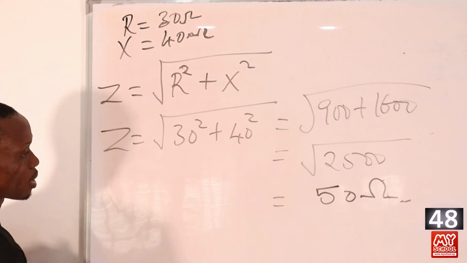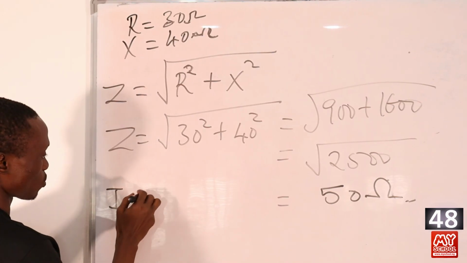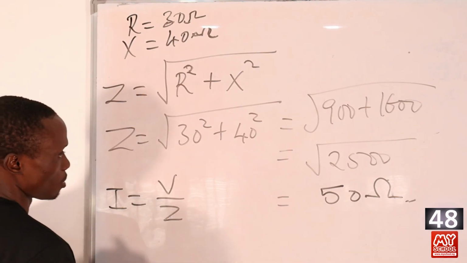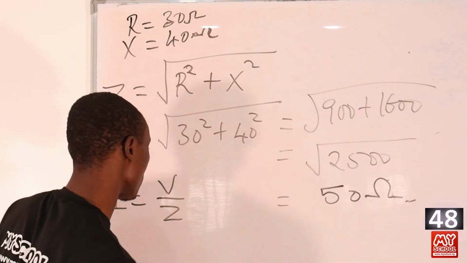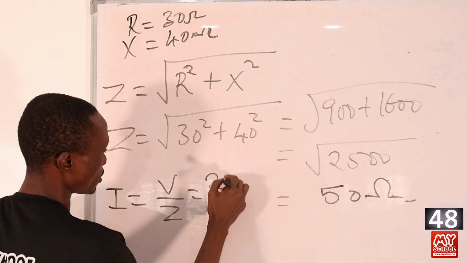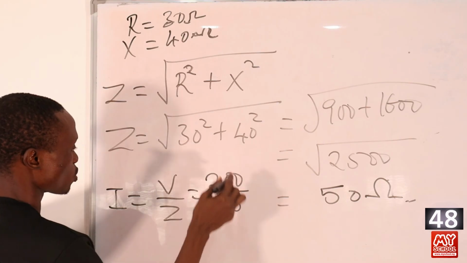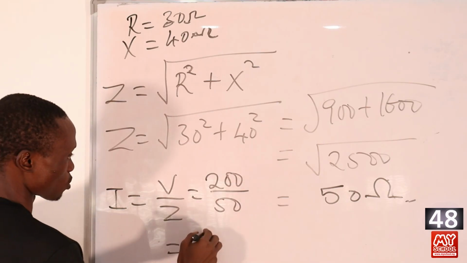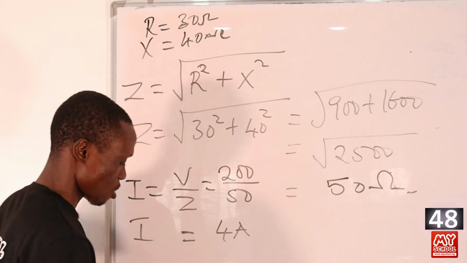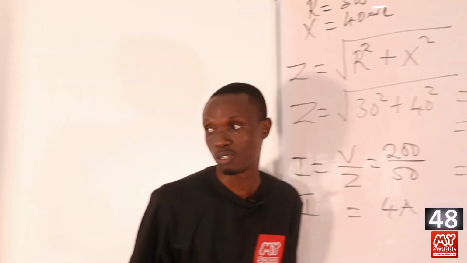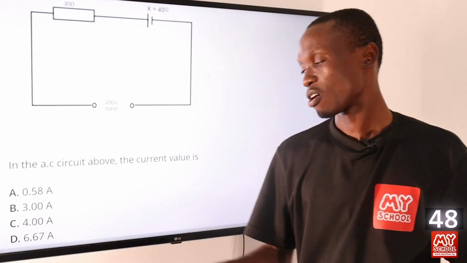But in this question we are asked to calculate for current, and current I is equals to V over Z. In this question the voltage is equals to 200 volts, right? So we put 200 here, then divided by our impedance, which is 50. So 200 divided by 50 will be equals to 4 amperes. So the current is equals to 4 amperes. So let's return back to the screen to pick the correct answer to this question, and that is option C,